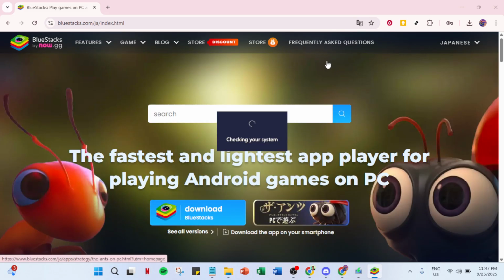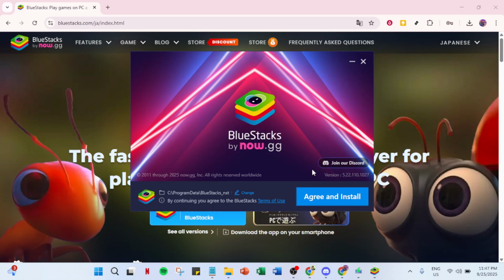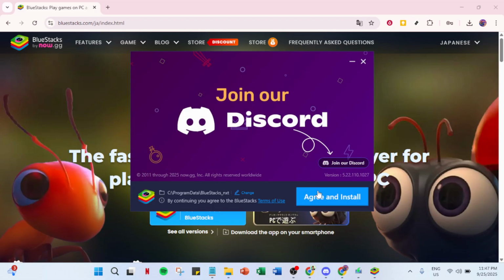Now, click on the BlueStacks .exe file, and your computer will prompt you with a security warning message or user account control window. It's perfectly fine. Just click Run to start the installation process. Windows may pop up a window asking for permission to make changes to your system, and you'll need to allow this to proceed. Once the BlueStacks installer opens, you'll see an Install button along with a license agreement.